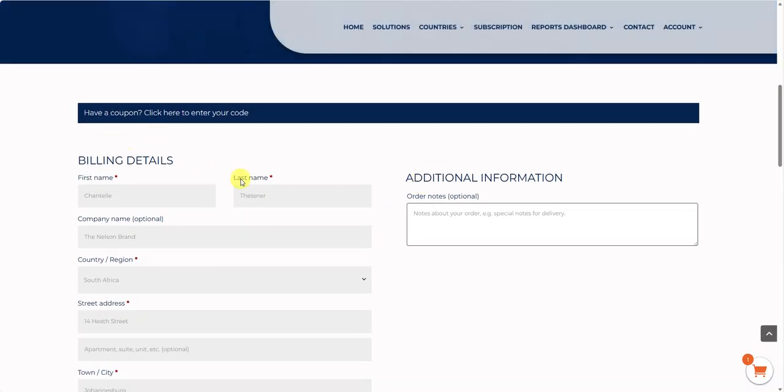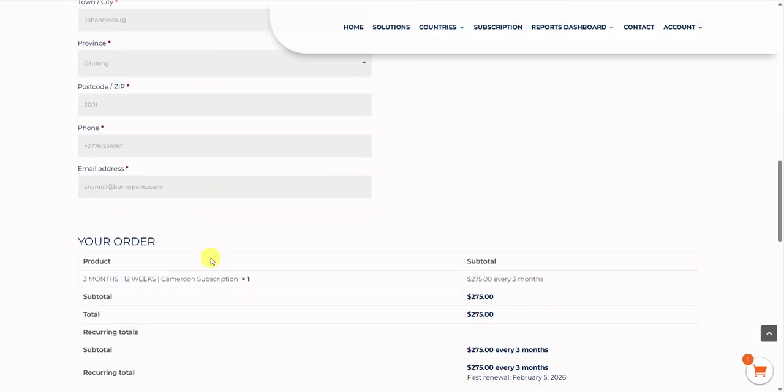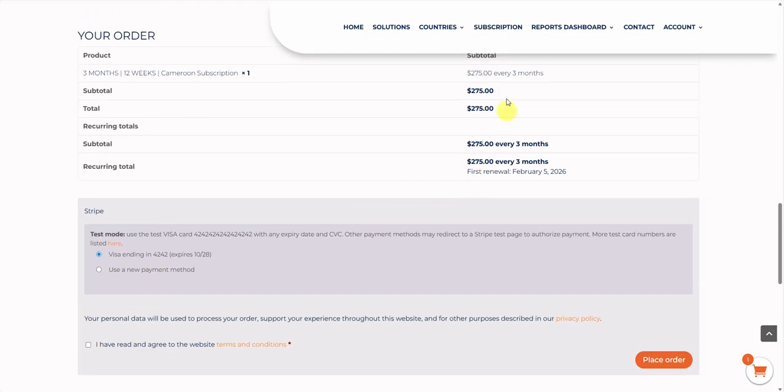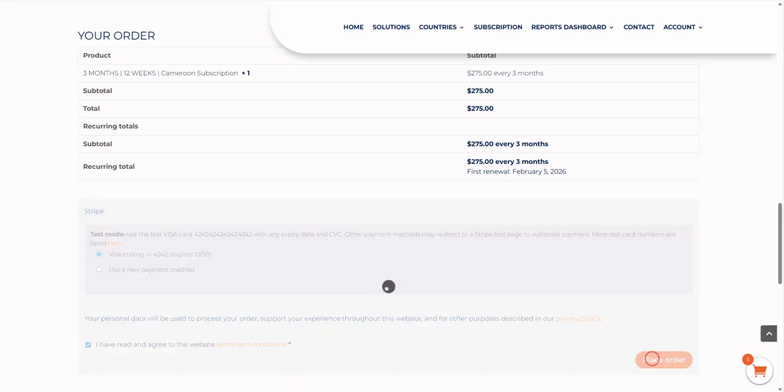Because Chantel's already logged in, her billing information will already be there, and it's telling me I can do another payment because it remembered her credit card details. I can also say add a new payment if she wants to use another credit card. It gives me the details. So this subscription will renew the 5th of February 2026. Let's read terms and conditions, place order.